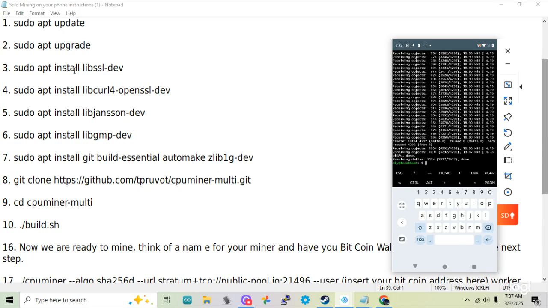Alright, hey, that already loaded. So we move on. cd cpuminer-multi. And that brings you into the cpuminer directory. Now we got to build it. So we go